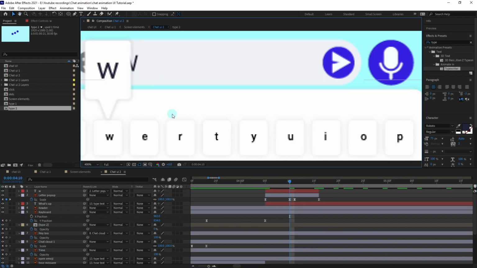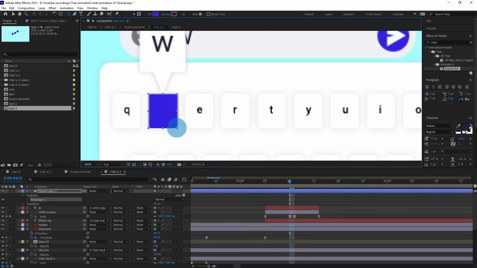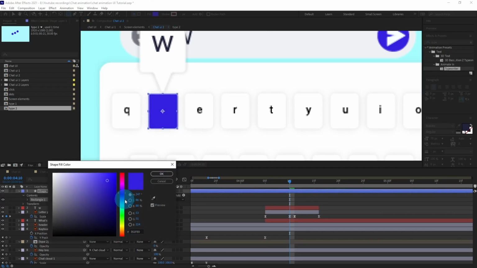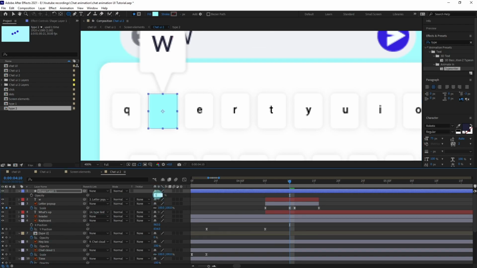Okay, and also I'm going to add a highlight for this key. For that I'm going to take a rounded rectangle. Let's change the color to some lighter color. Let's open the opacity and give it 50% opacity. Now put a keyframe at this point and at both ends give it 0% opacity. So select the keyframes and easy ease it and trim the layers till this end. Okay,